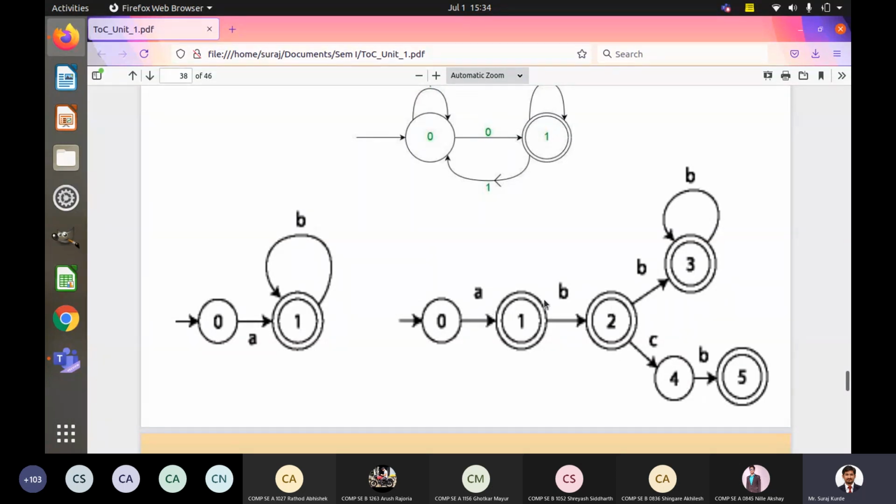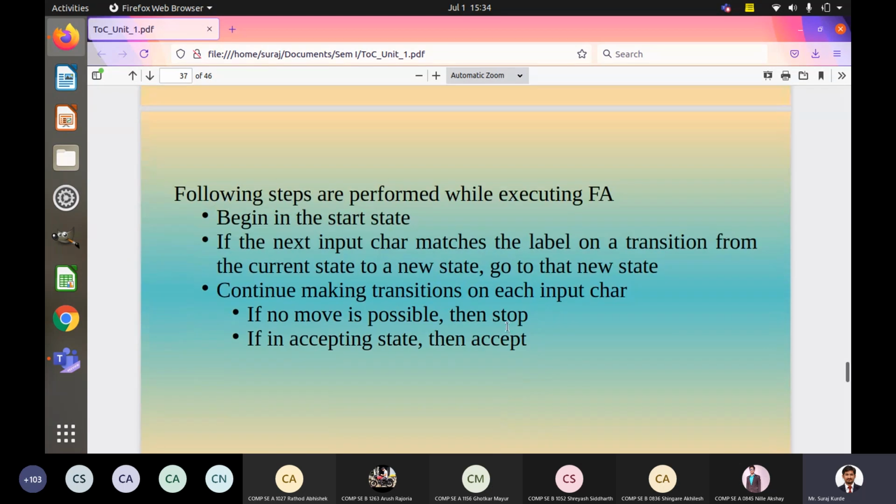The same thing we have to implement, where the input for the transition will be alphabets, and the input we are going to look for is M, A, I, N, and that should be in continuation. After M, if A is there, only then the next state. After A, if I is there, only then the next state. And after I, if N is there, then the final state. Now this double circle represents the final state. So I will draw the diagram.